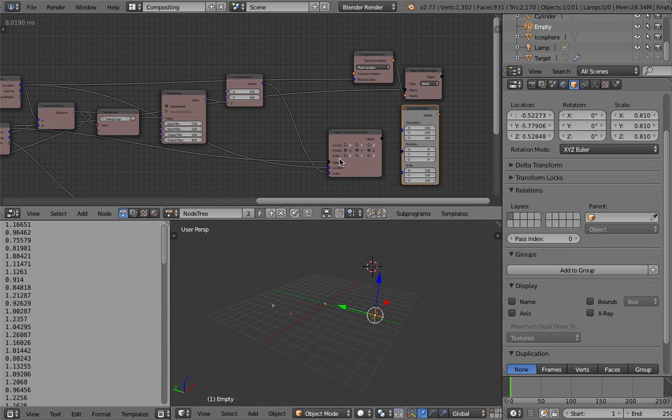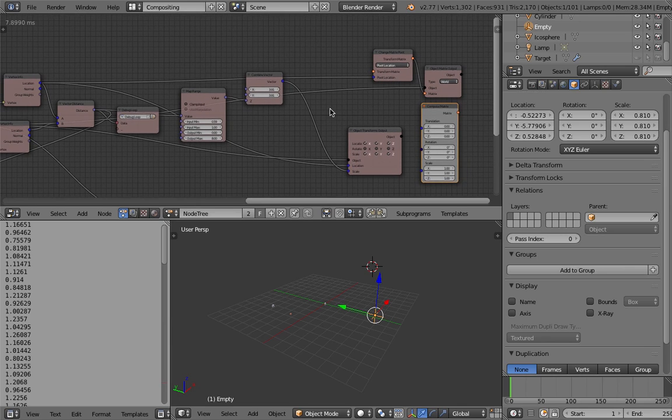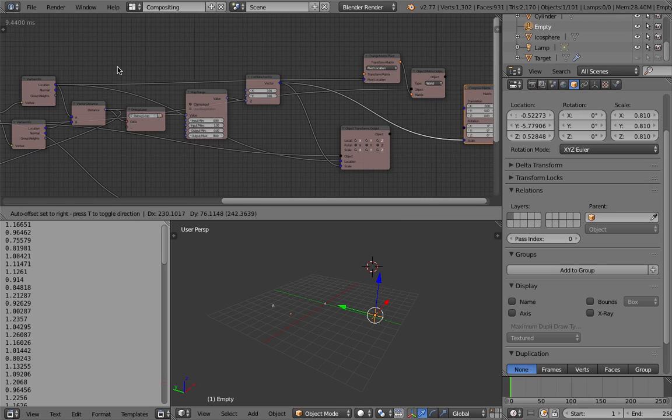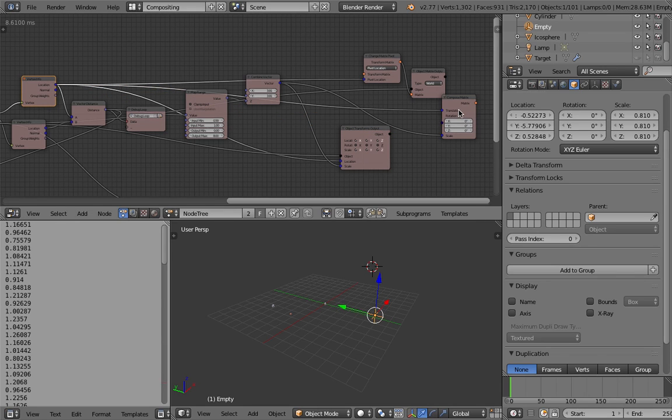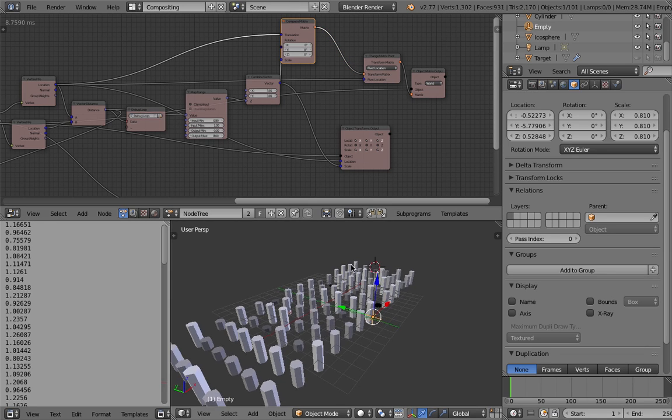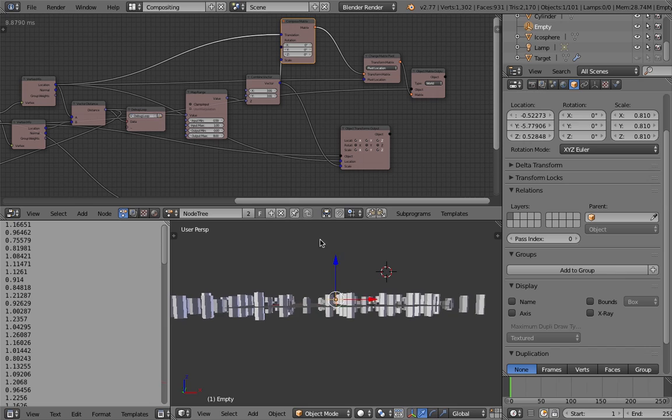And object location scale, location, this is the scale. Rotation, we don't need to worry about rotation at the moment. Location comes from location, this is the original. This plug in there and this plug in there. That's it.